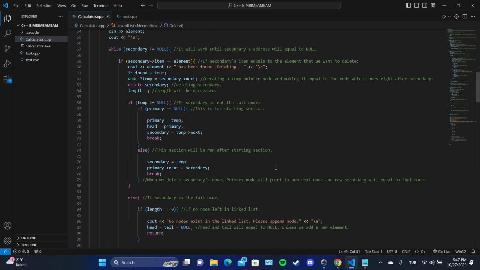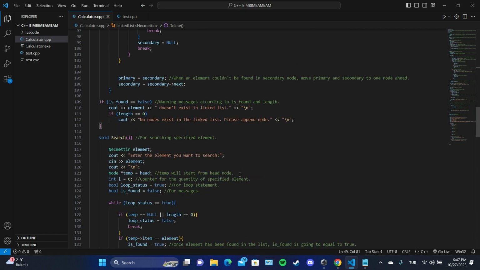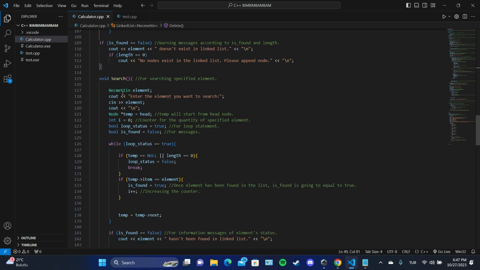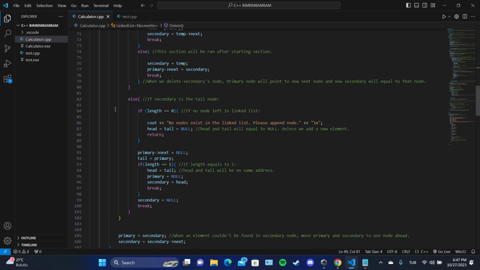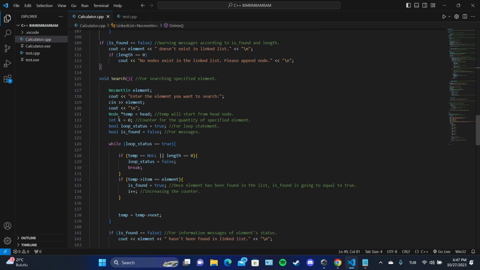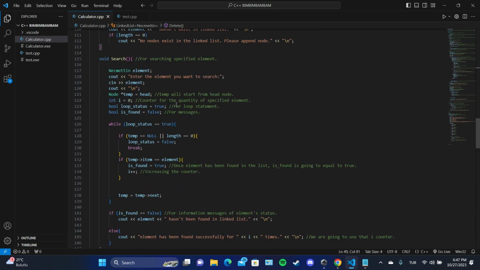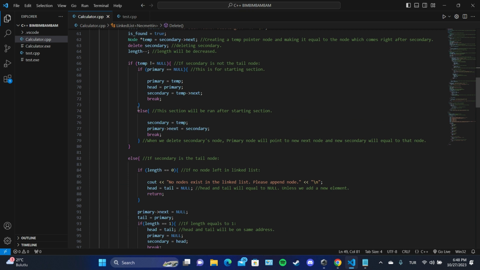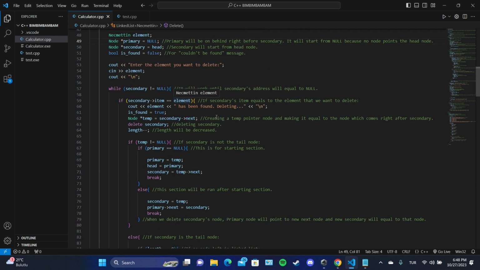If our nodes are depleted in the linked list, and when we get to the search method here, it's a lot easier than the delete, because delete is really confusing, and you really have to think about it when you are considering all the cases. And like I previously mentioned, it was supposed to delete all of the